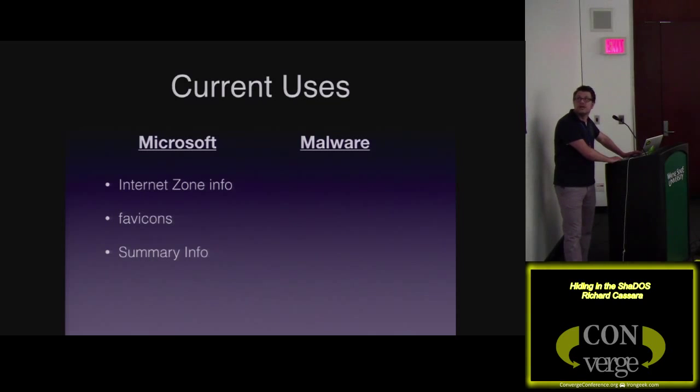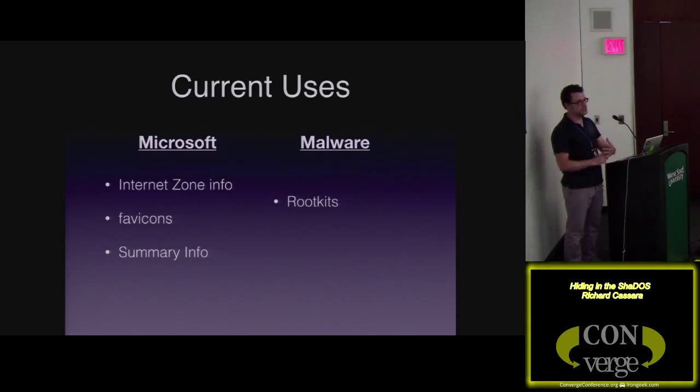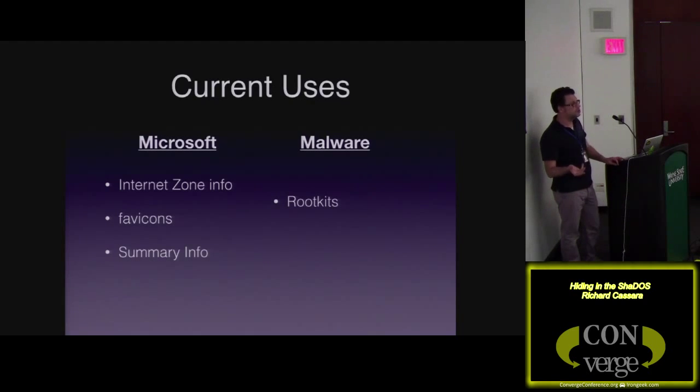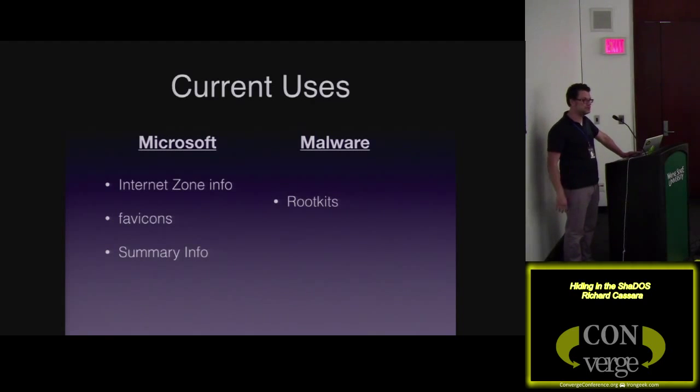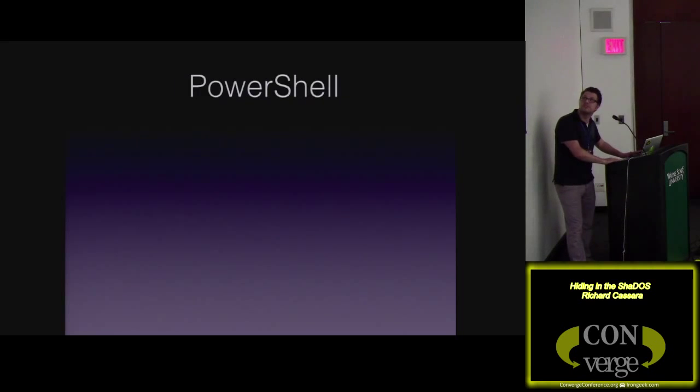On the malware side, we see lots of rootkits use alternate data streams because it makes the data really hard to find if you put something as an alternate data stream and it doesn't exist anywhere else on the system. So that got me thinking, well, if the bad guys are using this to hide data, why can't we on the blue teams use this to hide data so that it can't be exfiltrated? And that's kind of how this whole process was born. It's written with PowerShell, and the reason I did that is because PowerShell is awesome.